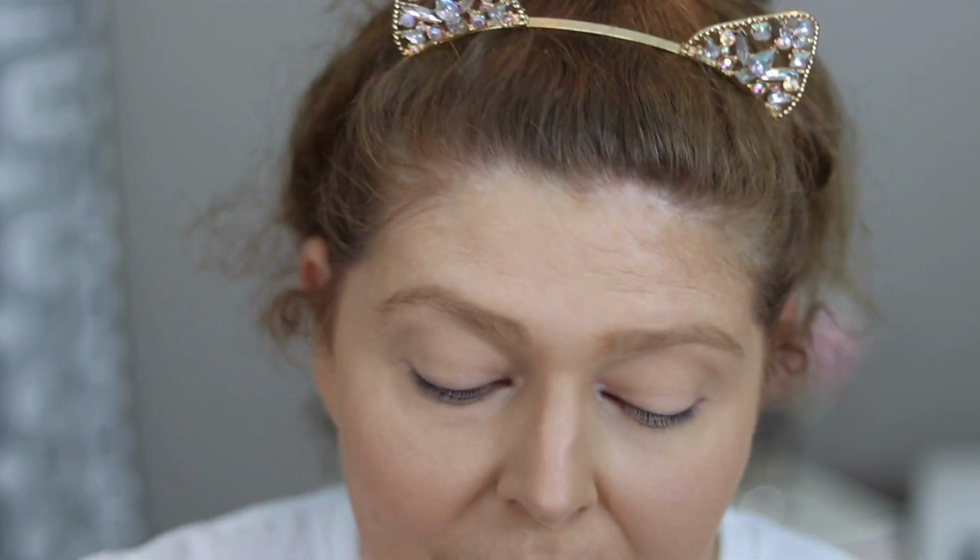For bronzer, I'm actually going to use 2 bronzers, because even though these 2 bronzers are the most expensive bronzers I own, and together they make up a whopping $100, I like to use them together. And the first one is the Chanel Soleil Tan de Chanel. I'm just going to